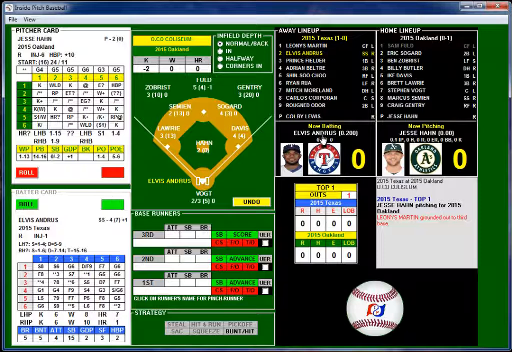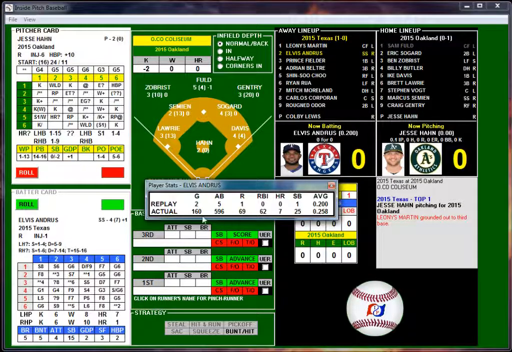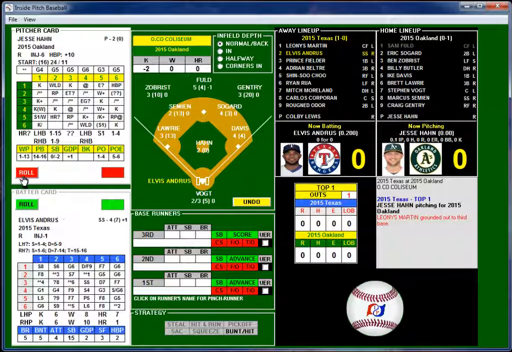Next up, Elvis Andrus. Played in 160 games, had 62 RBIs, 7 home runs, 25 stolen bases, .258 average. So far, he's had 1 stolen base and 1 run in our replay here.